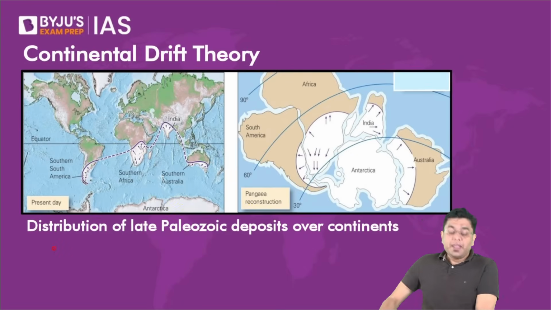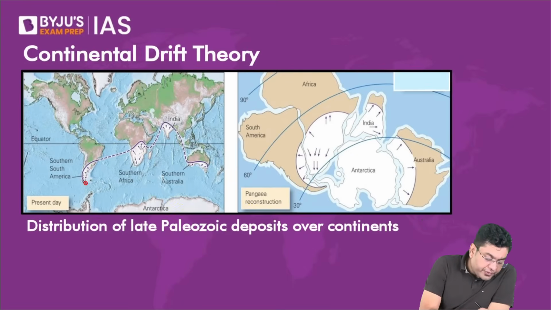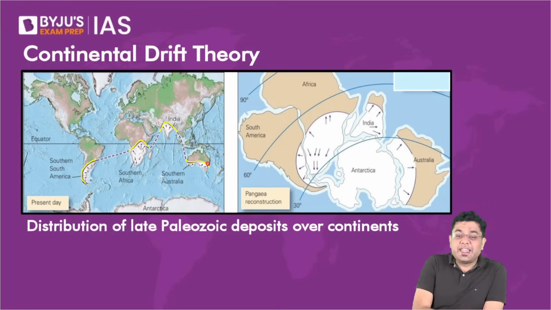So basically, he looked at it and he observed this. This is where the glacial striations and also the tillite deposits have been observed significantly. Now, just taking a look at this map, it does not make much of a sense. But if you try to place them all together, and if you try to create that ancient Gondwana land, then it makes perfect sense that it might be possible that all these land masses at one point of time in the history, they would have been situated very much close to the South Pole along with Antarctica, and these would have been frozen, and that is why evidence of glaciers.